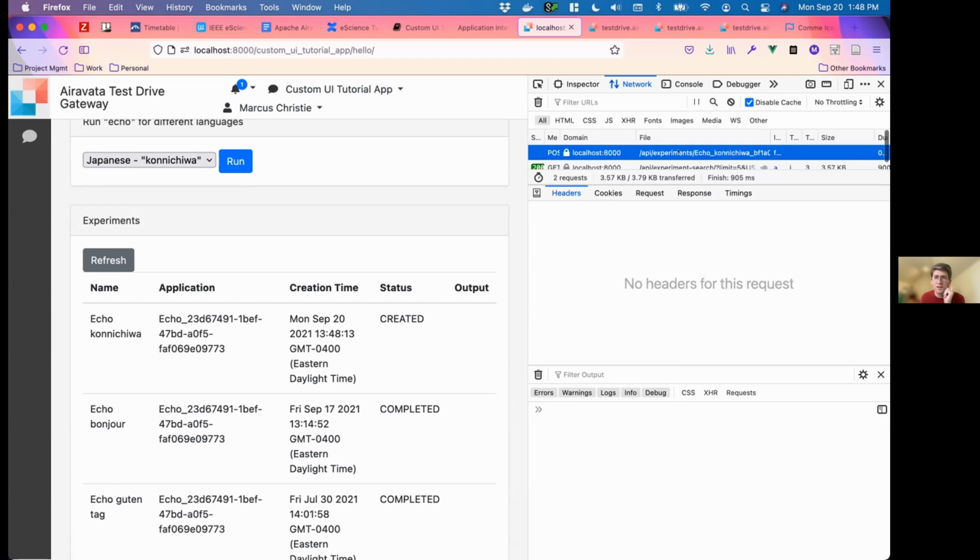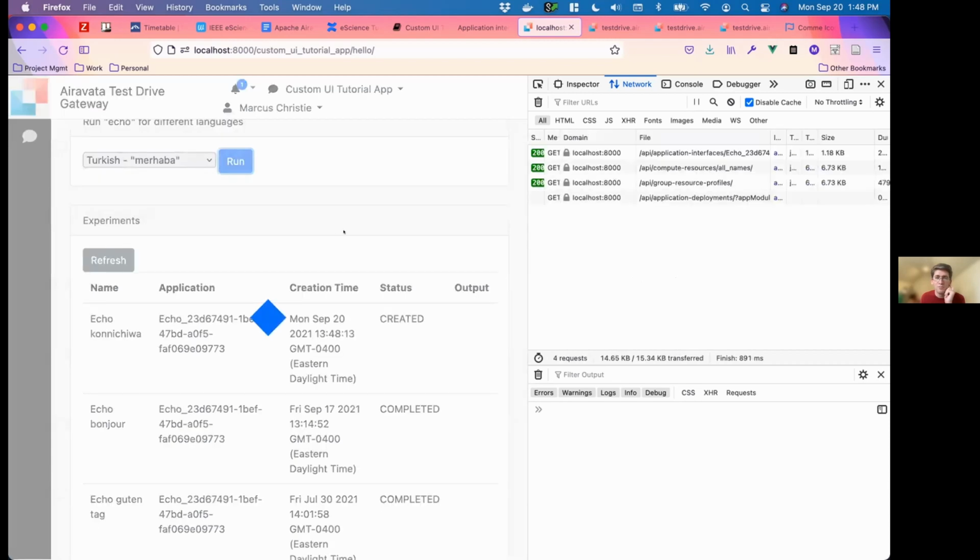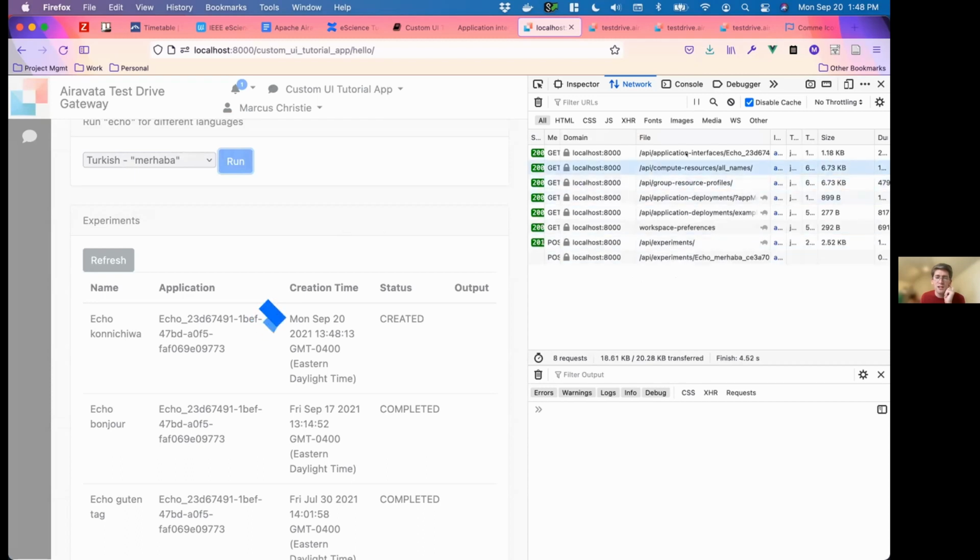Let's see. Oh, let me do one more. We can see what the REST API looks like. Let's try Turkish this time. Merhaba. So I'll run this one. Okay, so you can kind of see